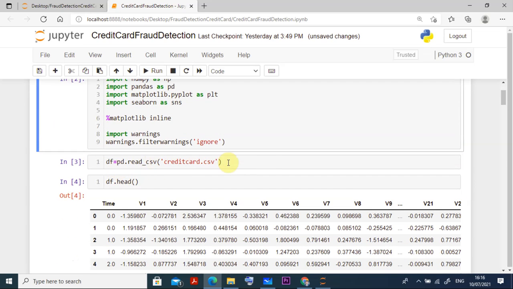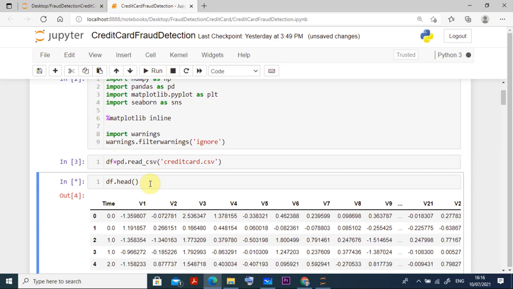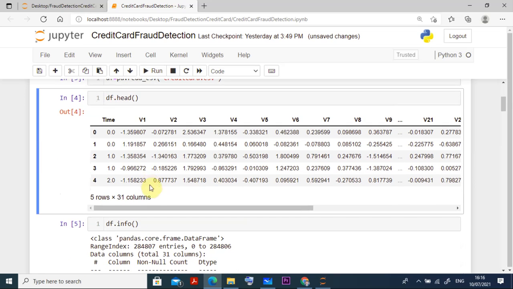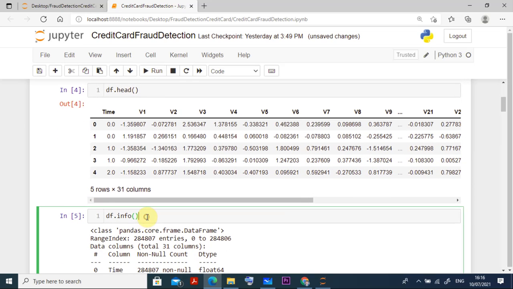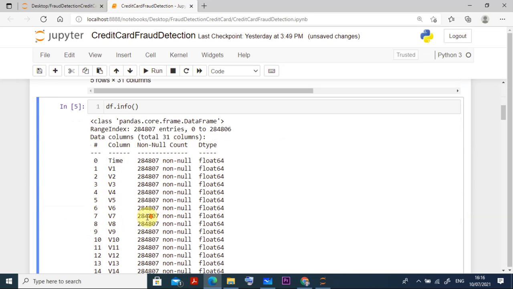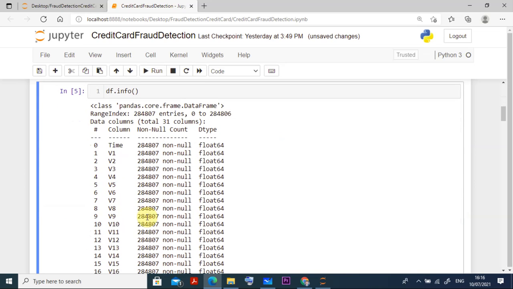Then if I want to show the data frame, I create it, so Control Enter. You see it is still running. Now it has assigned the data frame. Cell 3 also ran successfully. Then df.head, Control Enter. Now it takes some time. You can see it is done, five rows over 31 columns. Then cell 4 ran successfully. Then going to cell 5, Control Enter, you can see it is also running successfully. You have seen the information.